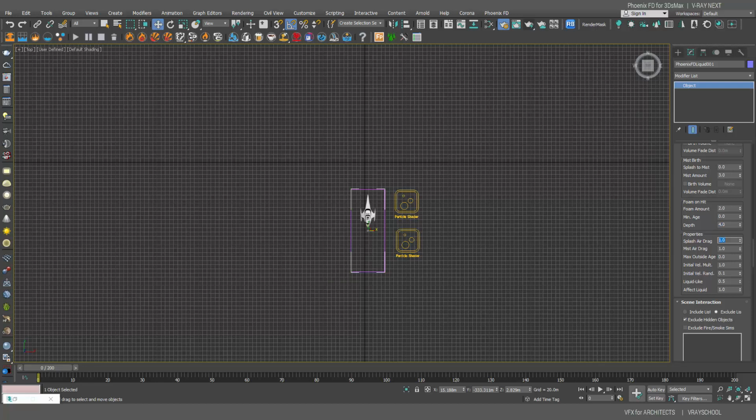Properties, let's do splash air drag 5, mist air drag, let's do 3, maximum outside age 4. So how long are those going to be? And initial, let's leave it by default, all of that stuff. Liquid like, let's do this 1. We want this 100 percent to be liquid. If it's 0, it's not going to act like liquid. And after liquid, let's leave it at 1. Okay,